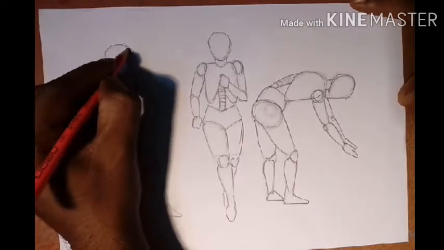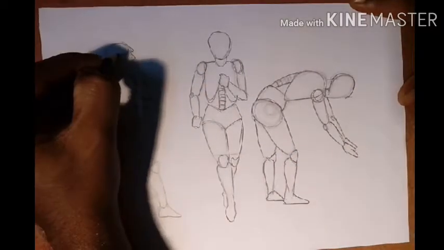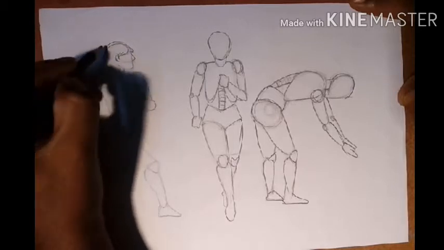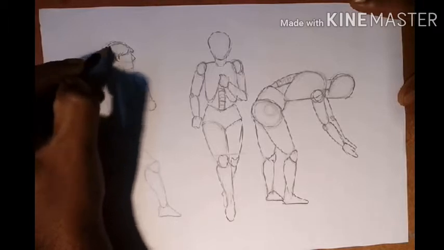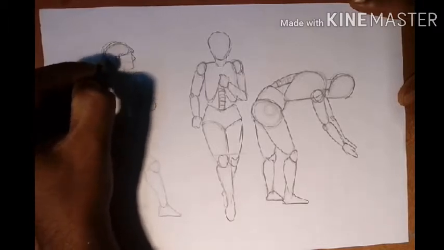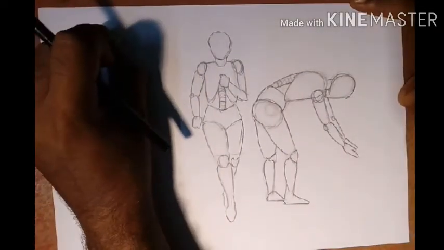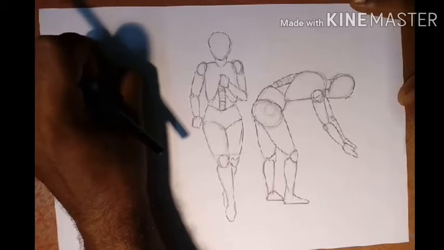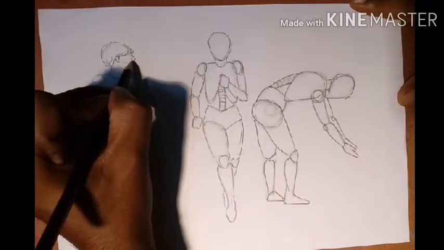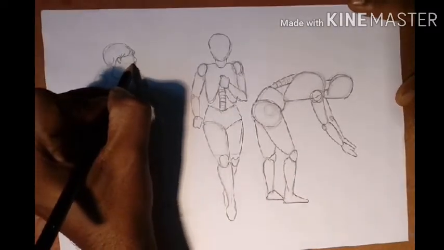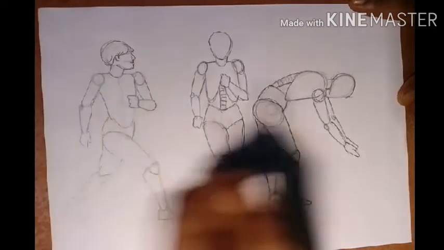here it will be the hair. Now this is a skull, above the skull there will be the hair. It has some thickness, so it will be above the skull area. Like this. It is becoming dirty because I am not rubbing this line, so I am showing you by rubbing this line. So it will be like this. Now the nose came here. After that you will make the lips, then here will be the face.